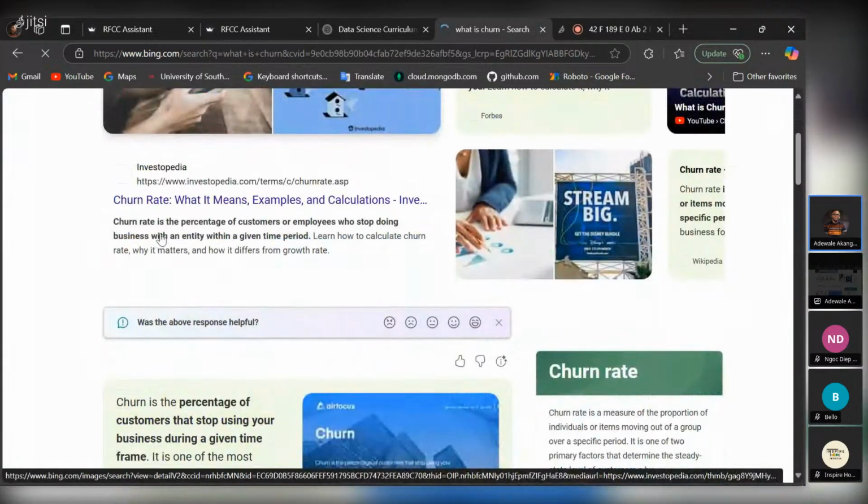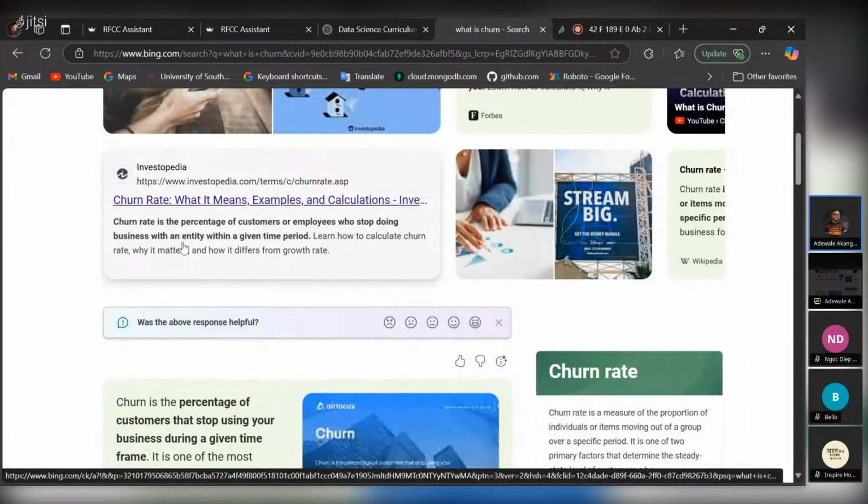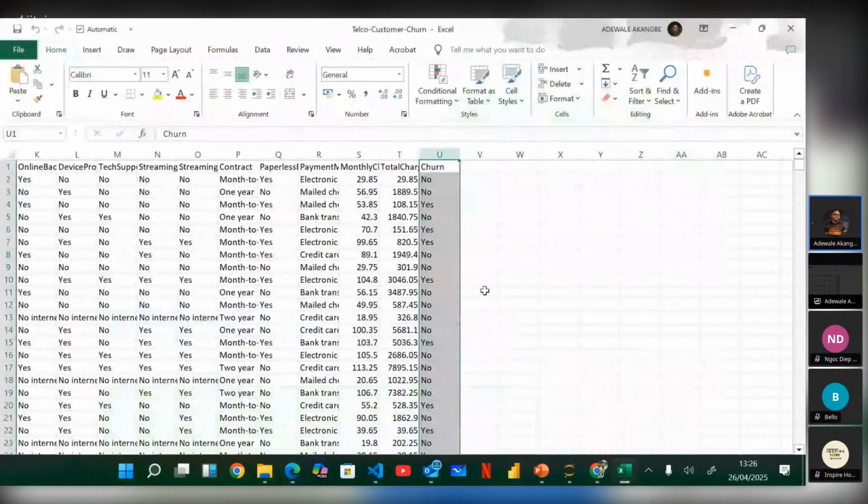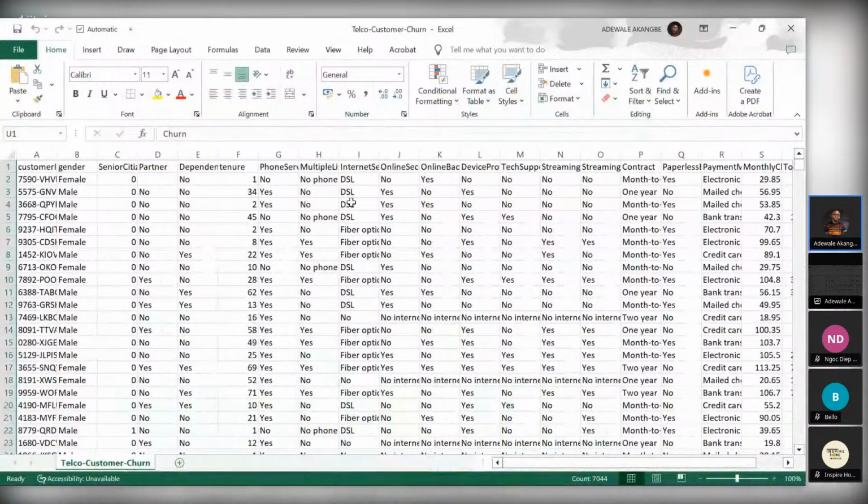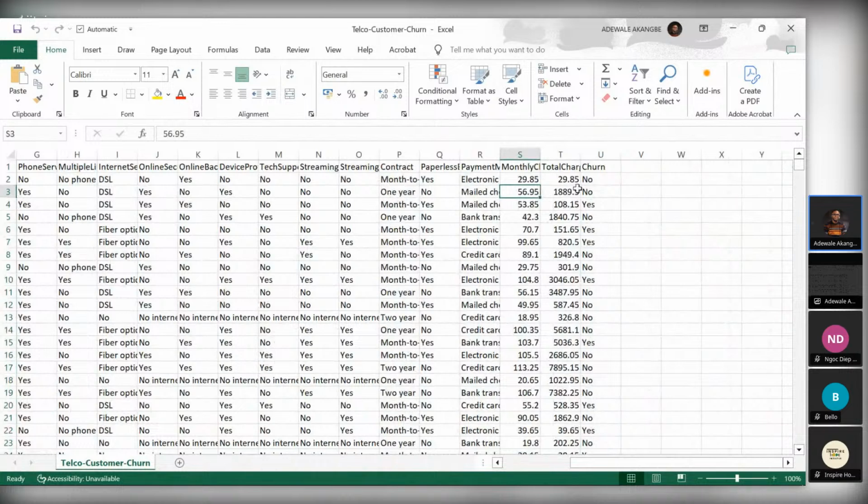Okay, so churn rate is the percentage of customers or employees who stop doing business with an entity within a given time period. So let's go back to our data set. In this context, this is a telecommunication customer data set. This company wants to know the customers that churn, I mean, the customers that left them and did not return after a period of time. Then they also want to know